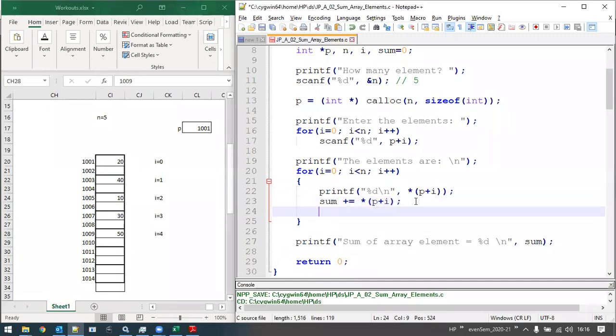It is something similar to sum equals sum plus asterisk P plus I, semicolon. In general, you can say that A equals A plus B, and that can be written in shorthand notation like this.